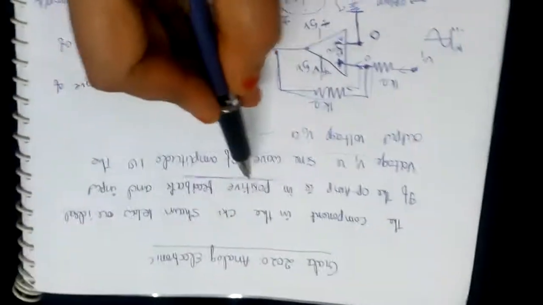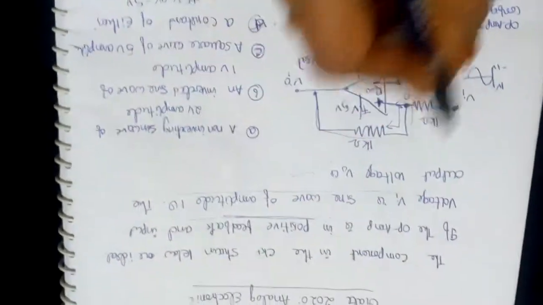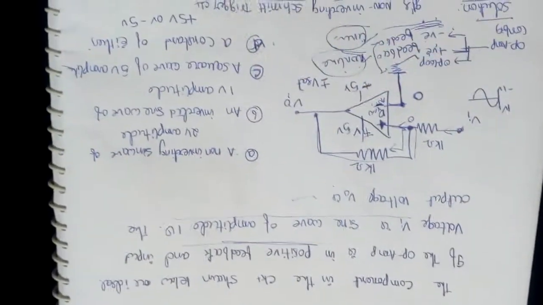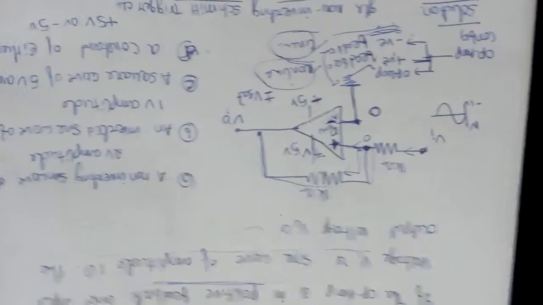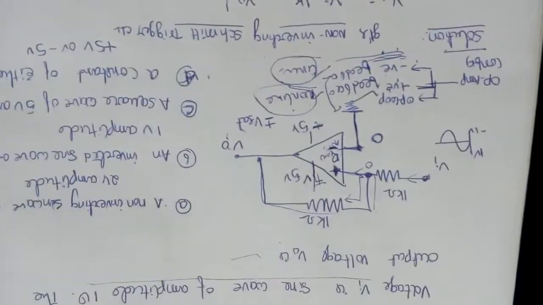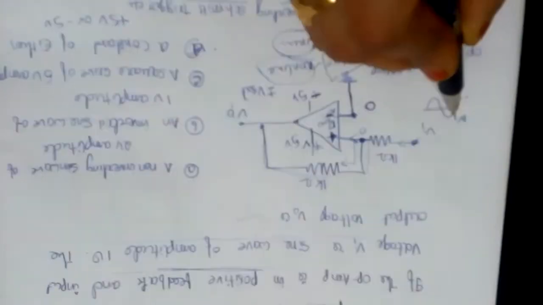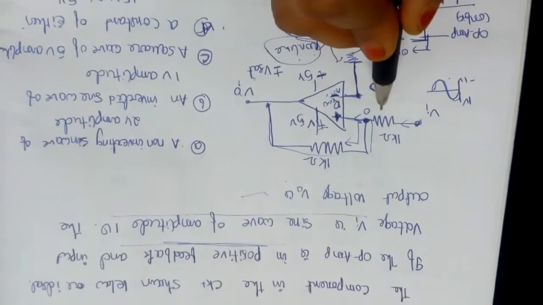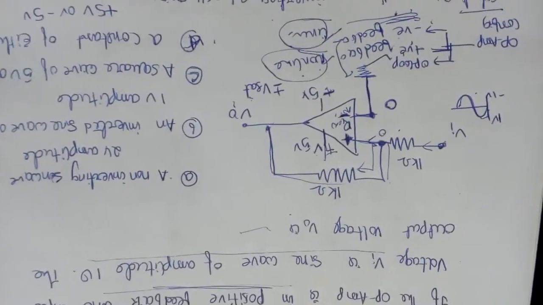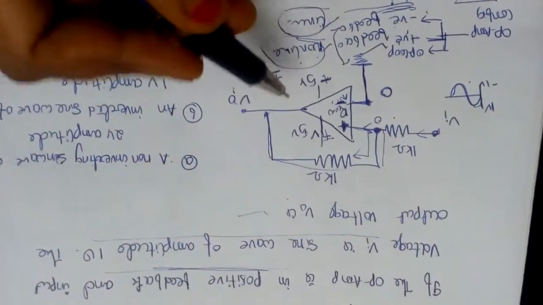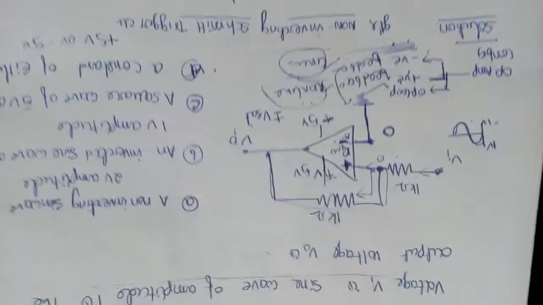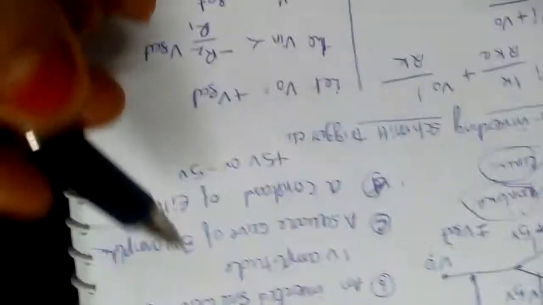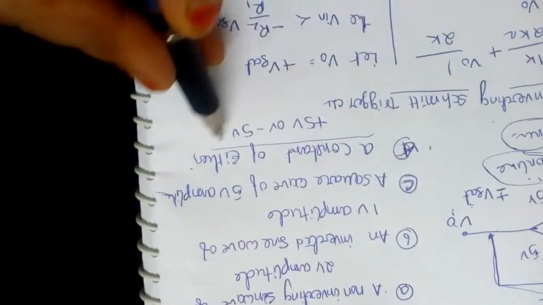Now in the question, this is a positive feedback, so this circuit simply acts like a non-inverting Schmitt trigger. What is the output of a Schmitt trigger? Any input, here a plus 1 to minus 1 sinusoidal signal given to the non-inverting terminal, because of the positive feedback the output saturates in the non-linear region and swings from plus VSAT to minus VSAT. So based on that concept, the answer is a constant of either positive or negative.